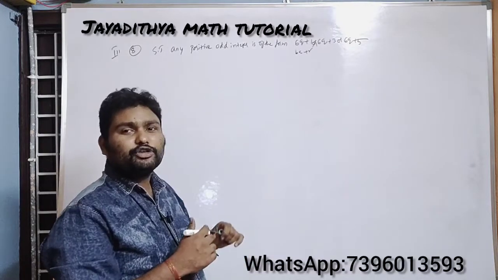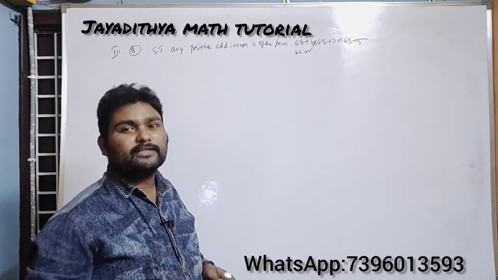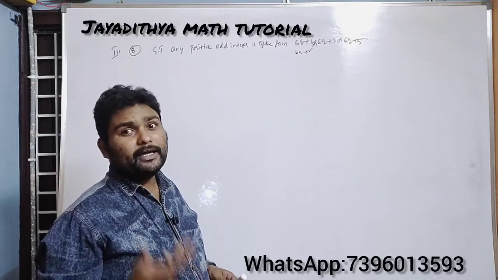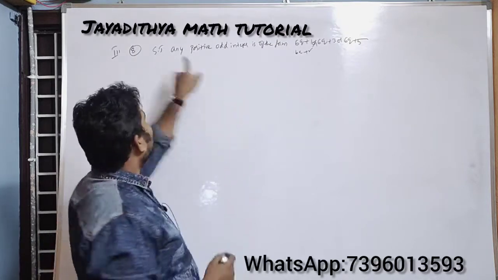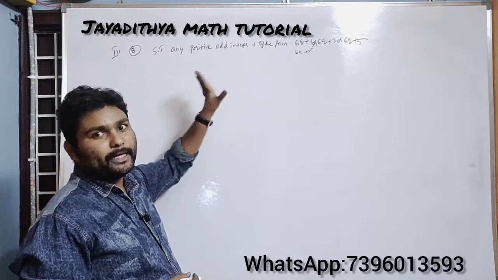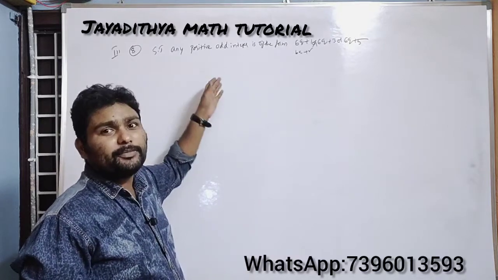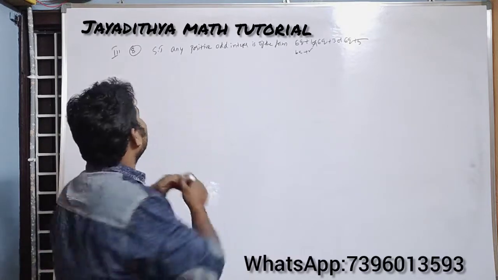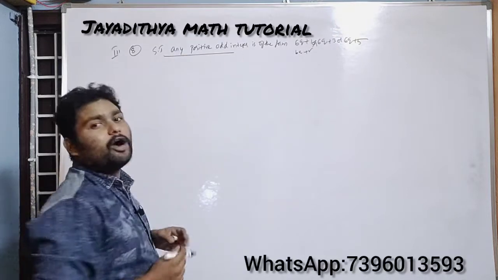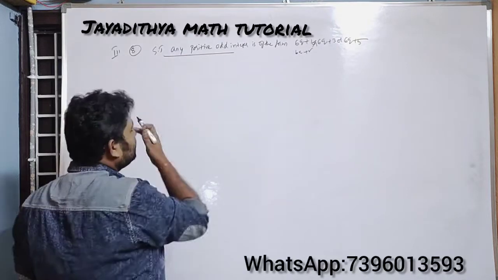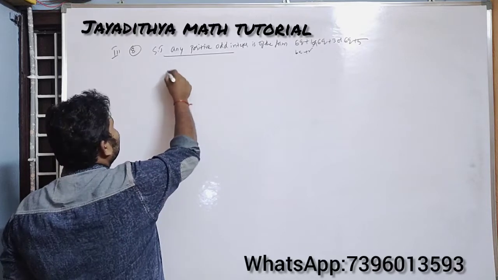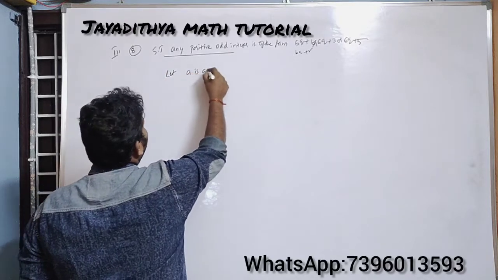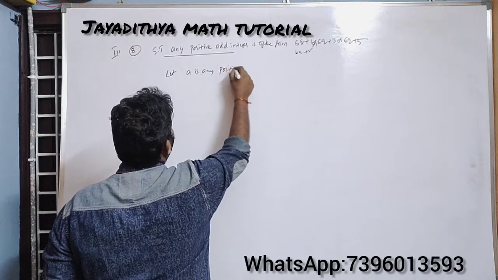In each and every case, sometimes you will be having square of a positive integer, sometimes you will be having cube of a positive integer. So just read the question. Here you don't have any squaring or cubing. Cube of a positive integer is not given, square of a positive integer is also not given. He has just given, show that any positive odd integer. So simply you take the problem as, let a be any positive integer.